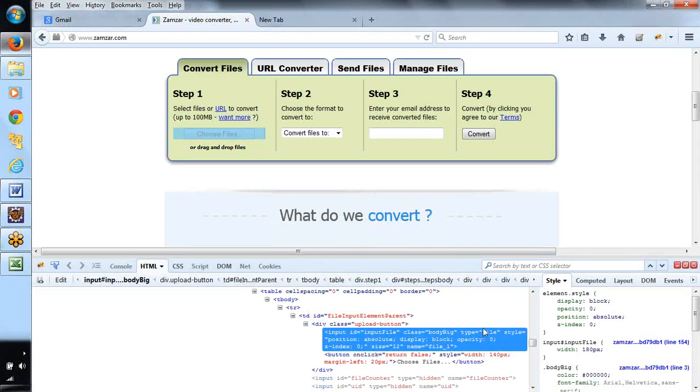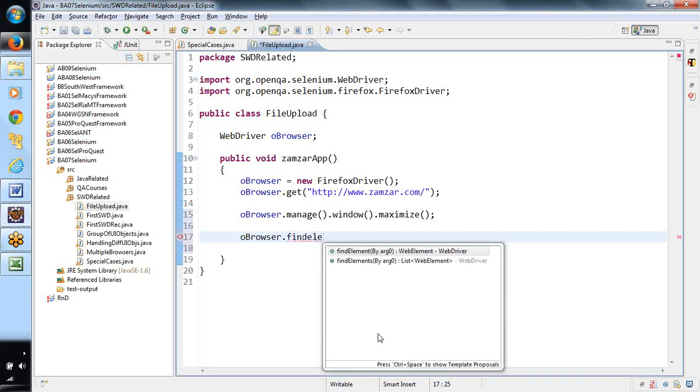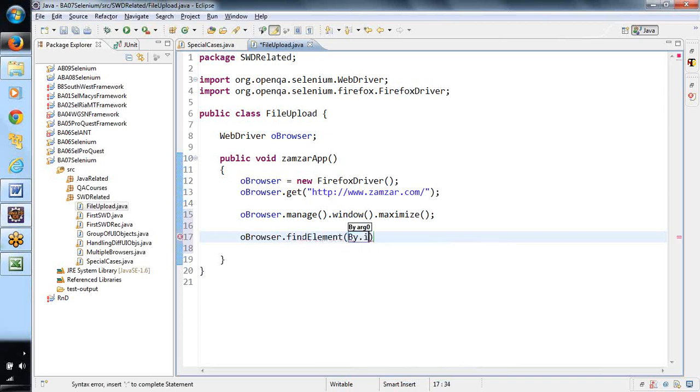What is the best locator for this particular button? ID is the best locator. By ID.